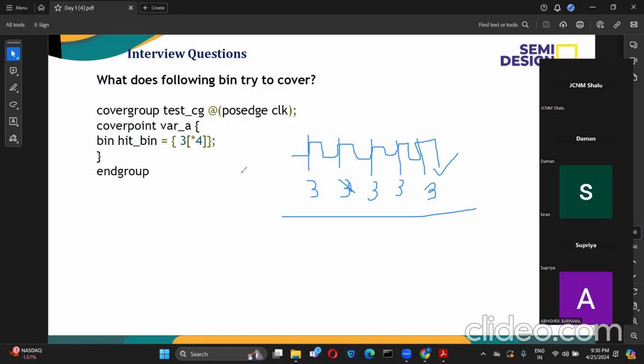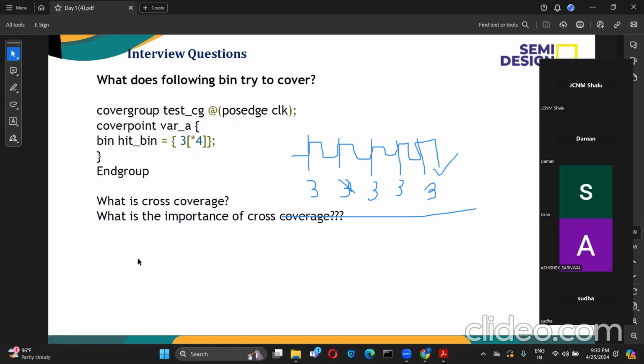But for now, let us focus only on this because here we have got a question. So you see that wherever this kind of scenario comes, it means that particular value should be repeated for so many clock cycles. Are these wildcard? Which one? No, this is not wildcard. This is a transition bin only, a repetition transition bin. The consecutive, right? Yeah, consecutive.